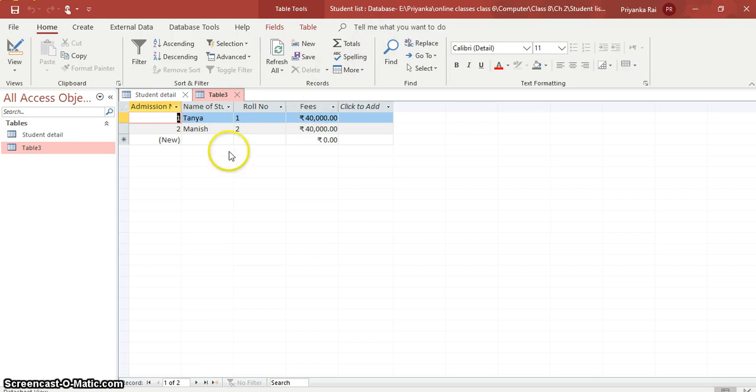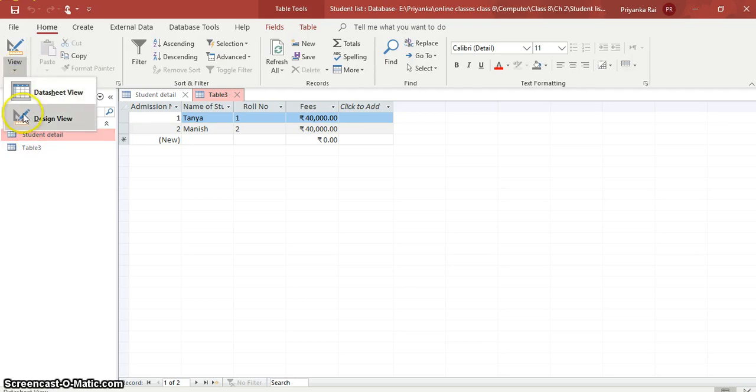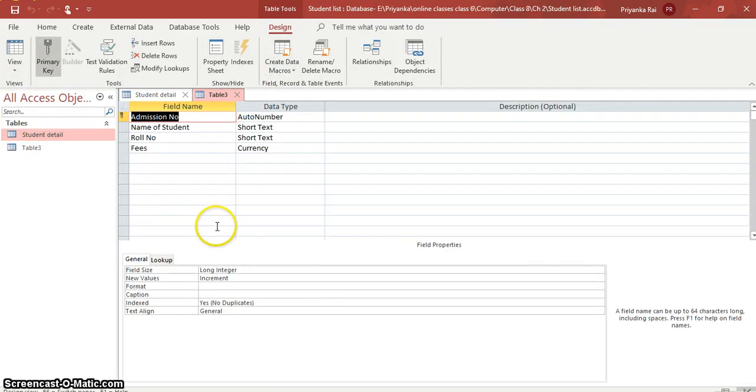Now let us see the description. Let us go again to the datasheet view, design view. So this upper pane is called the field grid pane, and the lower pane is called the field properties pane.